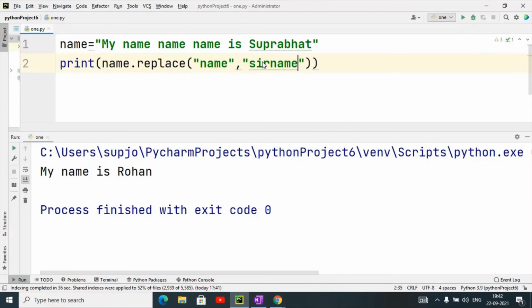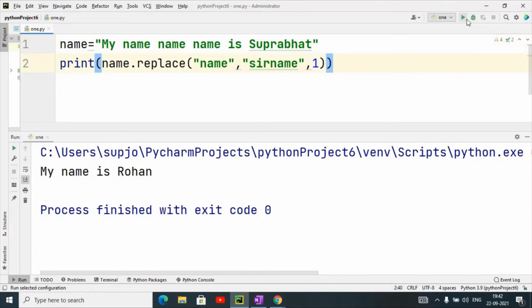I have given name.replace(surname, ...) and I have given how many times it will replace. If I give one time, then it will replace the first occurrence of this name with the surname, and the second and third will remain the same.